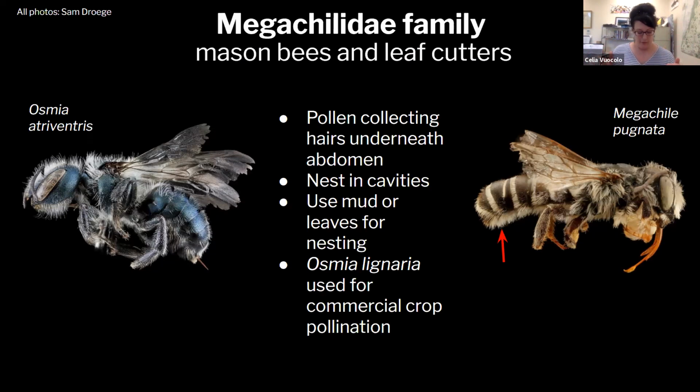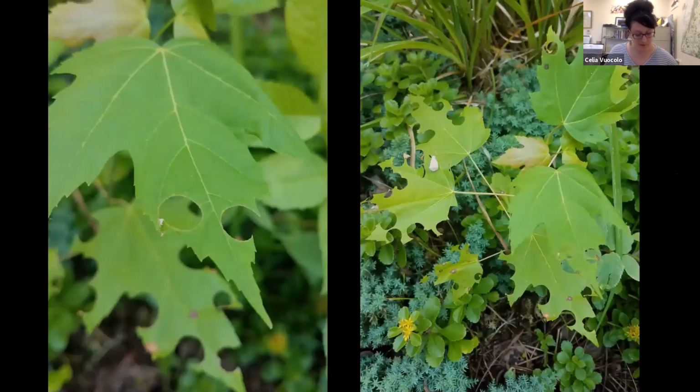Most of you are likely familiar with Osmia lignaria, or the blue orchard mason bee, which is part of this family. And the blue orchard mason bee, of course, is well known because of its use in commercial crop production. I took these photos in the front landscaping of my house. These cuts were made from leafcutter bees. So they use their really strong mandibles to chew almost these perfectly concentric circular pieces of leaves to use in their cavity